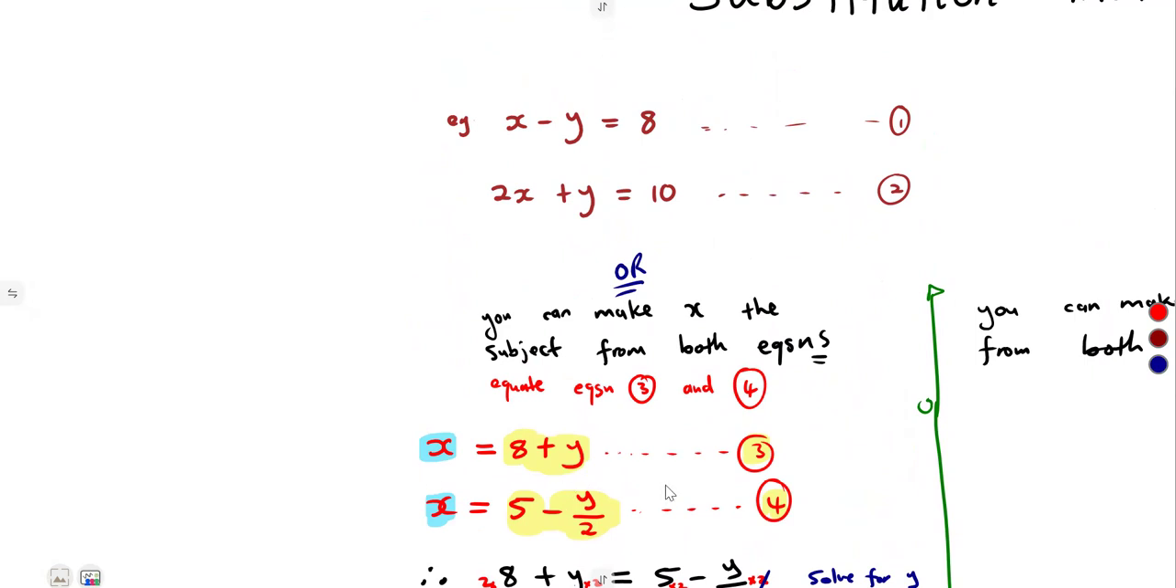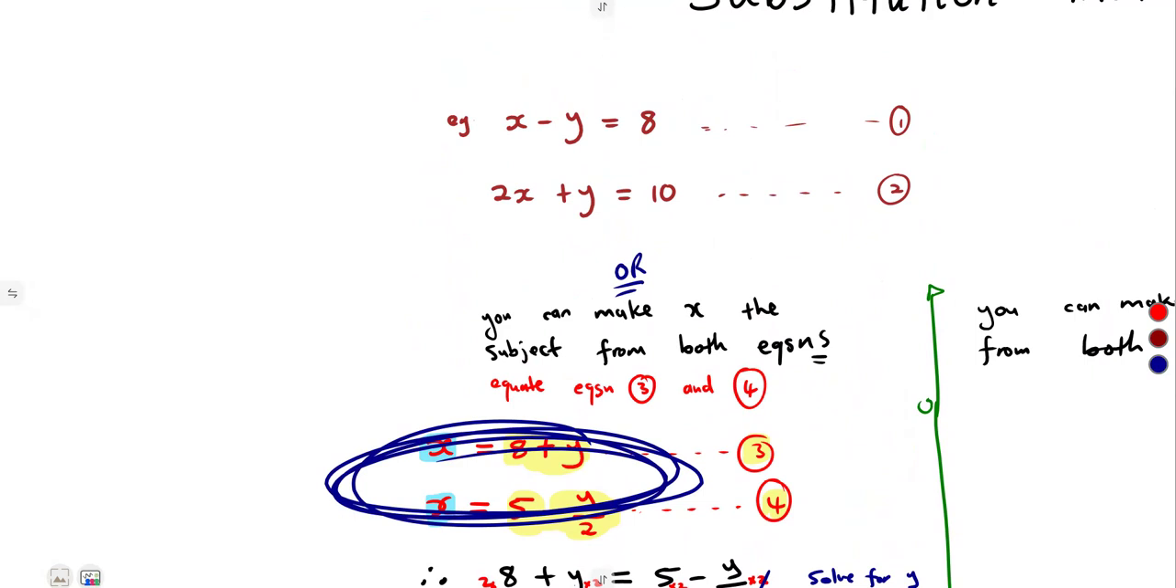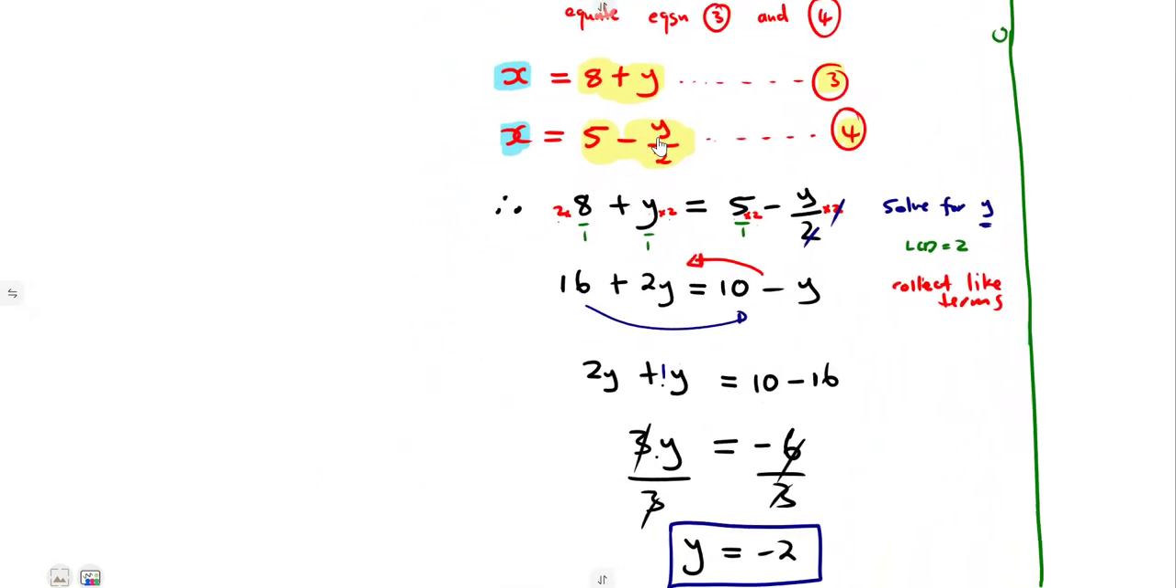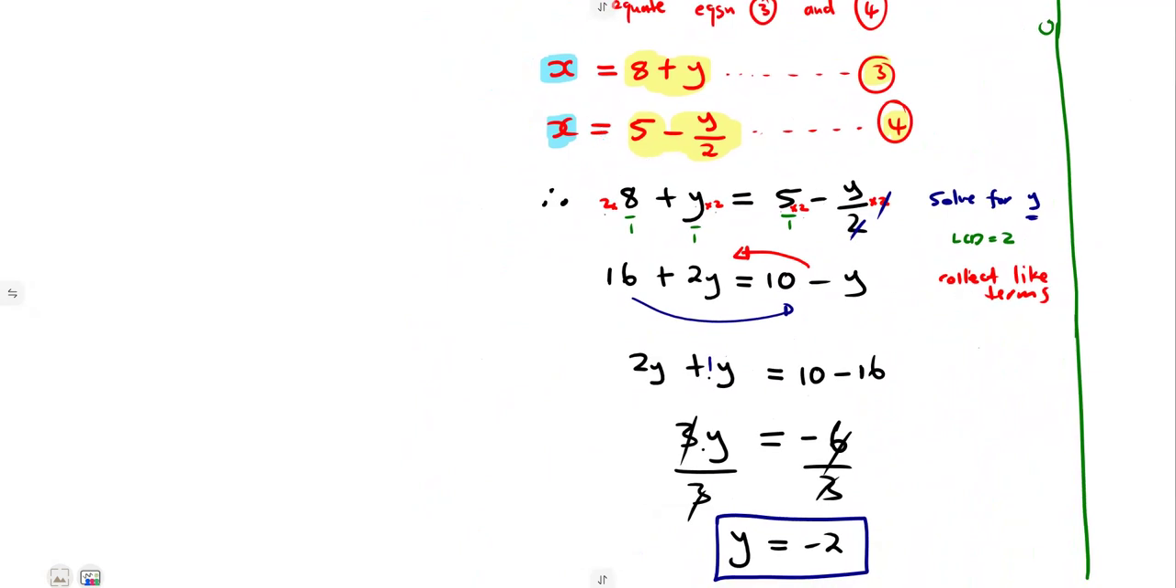So equation 3 and equation 4, you can see that x is already the subject. So it is easier for you to substitute in either equation 3 or 4. It is in your hands again. Which one are you going to choose between equation 3 and equation 4? But you're supposed to obtain what? Same answers from what you're going to have there. So as for me, I'm going to use equation 3. From equation 3,